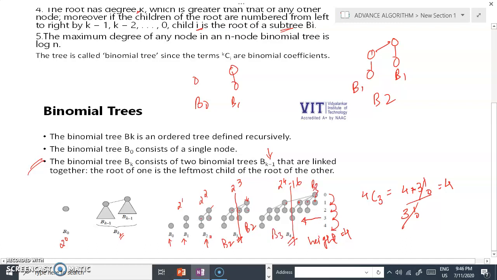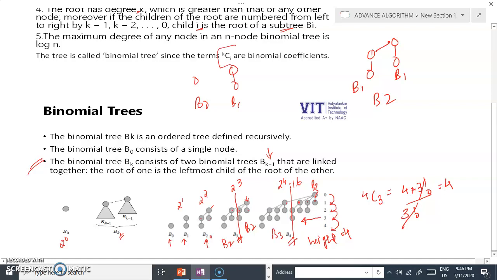So what we have is, for B4, we have combined two binomial trees of order 3. So this is what we have, and why we call it a binomial tree, because the terms are kCi, they